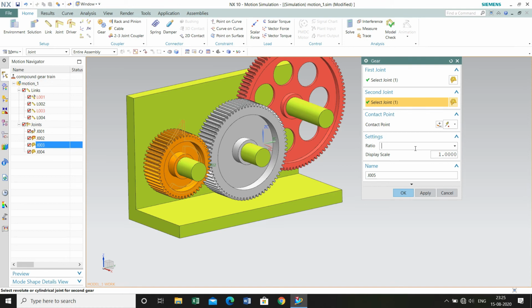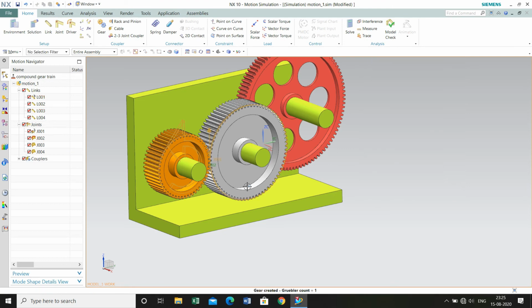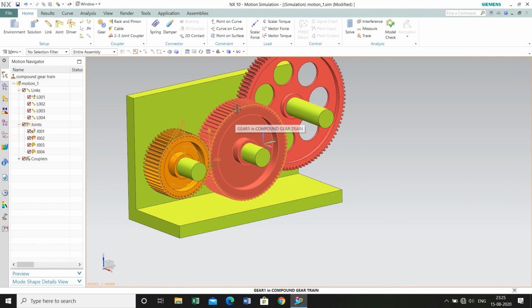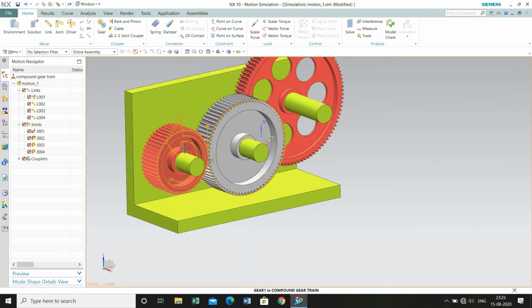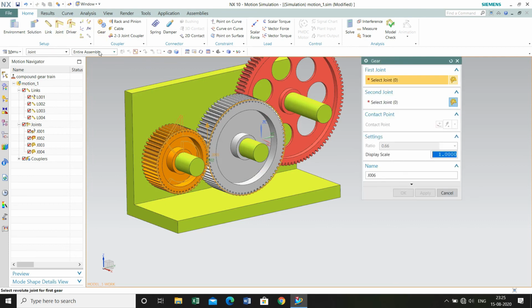That is the number of teeth of the first gear divided by the number of teeth of the second gear. In this case it's 0.66. Click OK, and you will see these two circles appearing almost the same as the diameter of these two gears. If that doesn't happen, maybe you have done something wrong, so make sure of that.